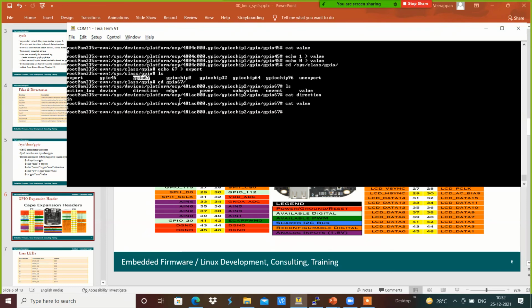Currently the value is 1. Now I am going to press this. I just pressed, and now the value becomes 0. I released again, and the value becomes 1, which means the key press can be detected with the help of the value.